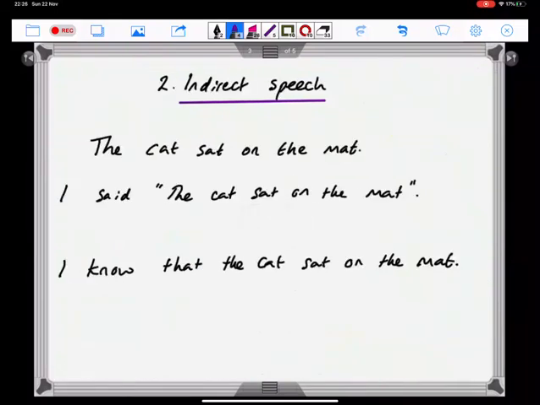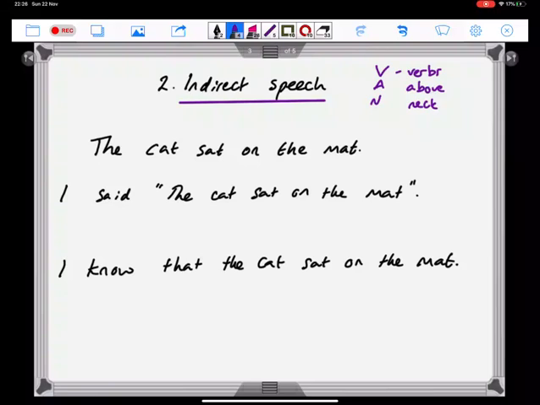Slightly more straightforward to spot is indirect speech. Indirect speech is reported speech. One of the ways you could remember this is it uses what we call van verbs. A colleague of mine suggested this to me. And these are verbs above the neck, which is a loose term for anything to do with thinking, feeling, perceiving, noticing, realising, saying. Any of those verbs are going to trigger indirect speech.